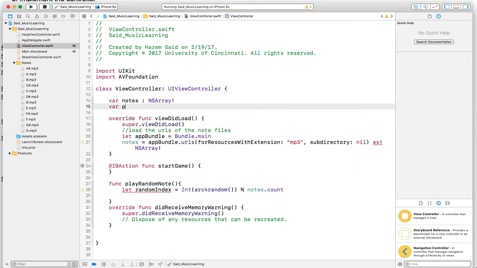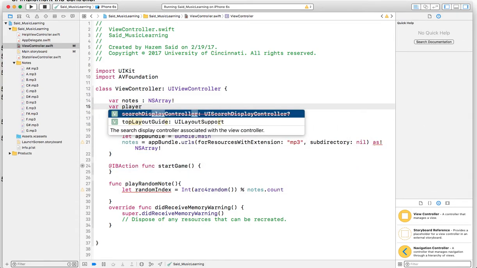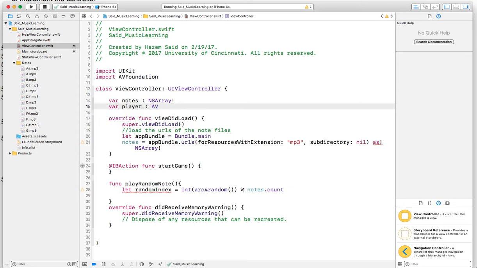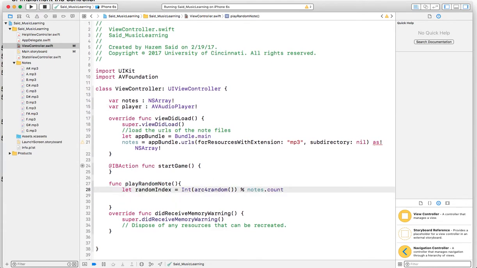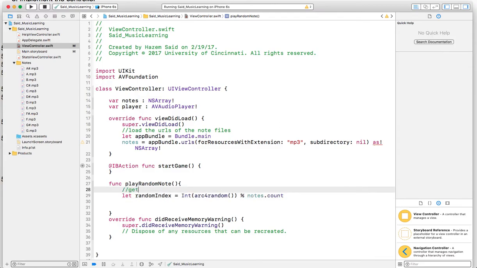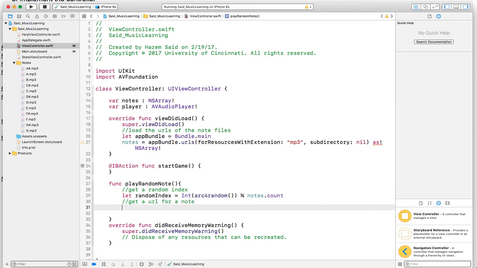and then add the player. So we use var because we're gonna change that value, and I'm gonna call it player, which is an AVAudioPlayer, and I will not initialize it at this time. So then after we get the random index,